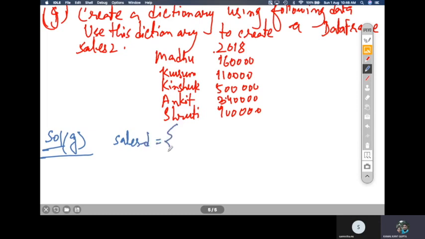Sales dictionary is equal to, and you will just write here the column names.